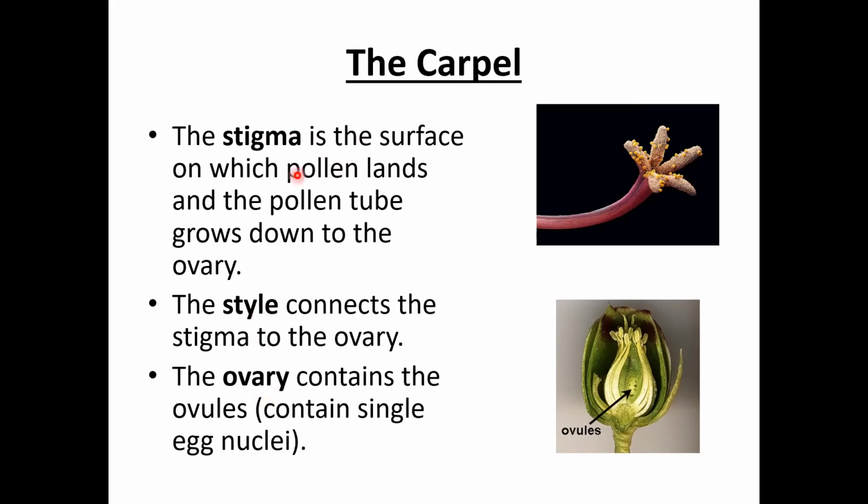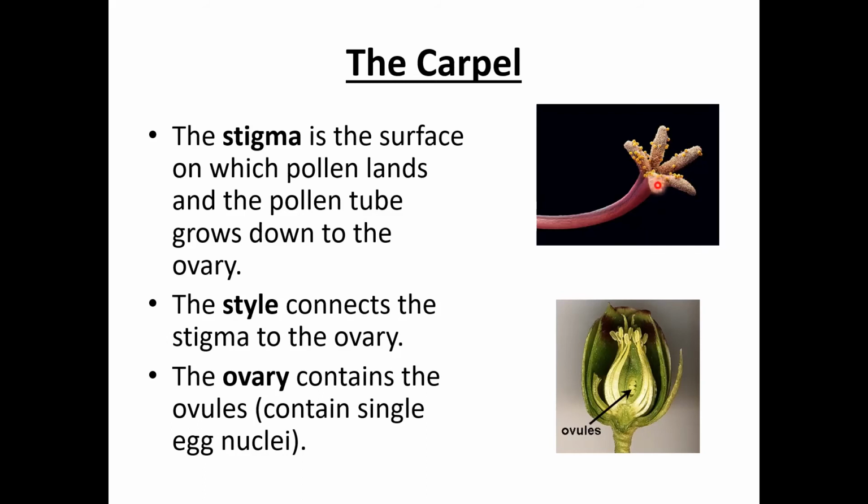So stigma is a surface on which the pollen lands, and the pollen tube grows down to the ovary, right? So this part here you're looking at is the stigma. To this part, the pollen will land, so that you can see the yellow dots there. So pollen land on the stigma, and then they travel down, right? So what happens? This pollen grain actually develops a pollen tube, and then it goes down, right, into